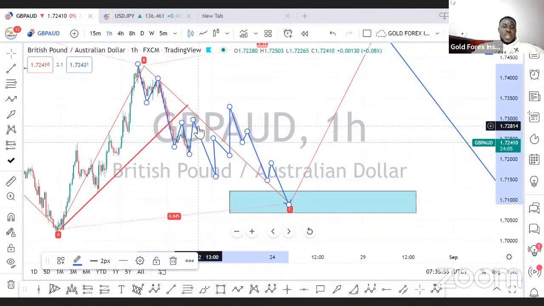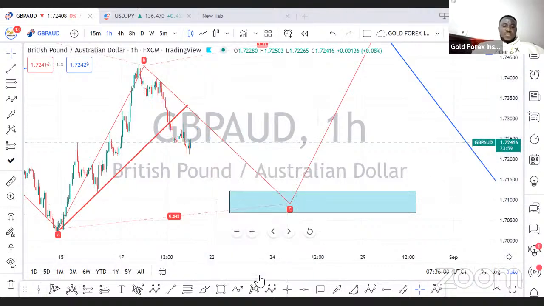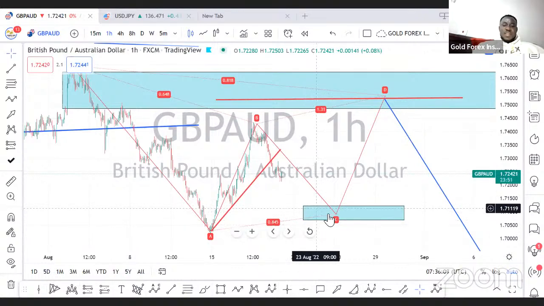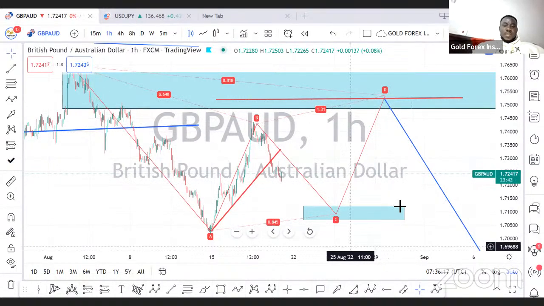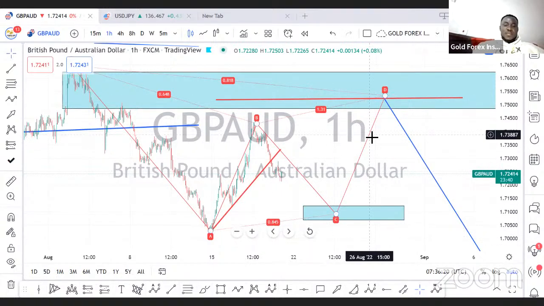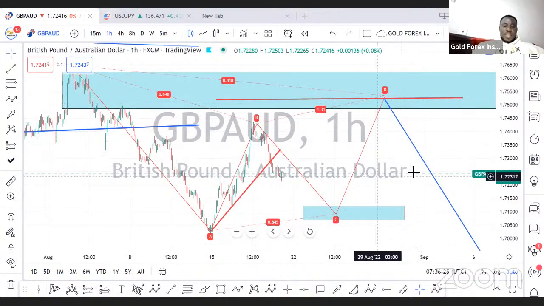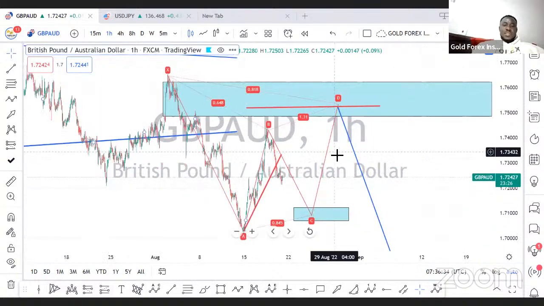Then once it pushes up a little, you can sell all the way to this level, to the 78, or 88.6. And once you have a divergence around here and a break of the trend, then you can buy to the D 78.6 to form a Gartley pattern. Okay, so most likely it's going to form a Gartley pattern. Either a Gartley, Shark, or Cypher, any of them, you can get it over here. Then you can sell all the way. The sell over here will be very long term. Okay, so watch out for that with pound AUD.